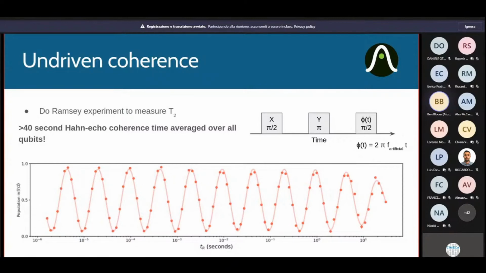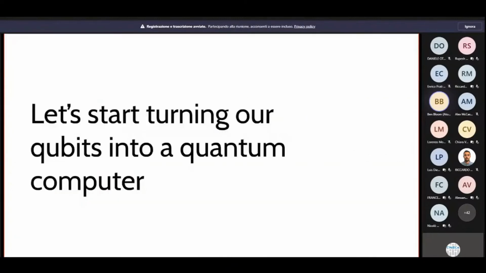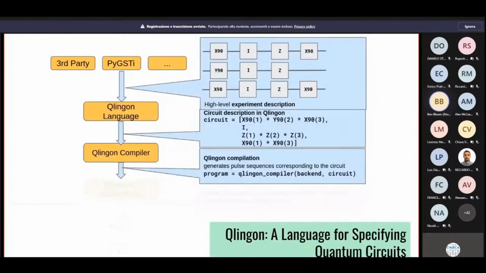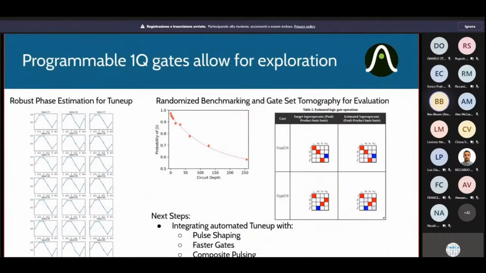This is pretty exciting because you can start talking about feedback in a system without having to really push what is possible with classical computing. If you want to take information from the system, change what pulses you're sending and send new pulses, you have very, very little errors associated with just dealing with the classical computer. The exciting thing with this is that you can now do Pauli twirling, you can do randomized benchmarking, and you can do everything you want to do to actually turn this into a quantum computer.